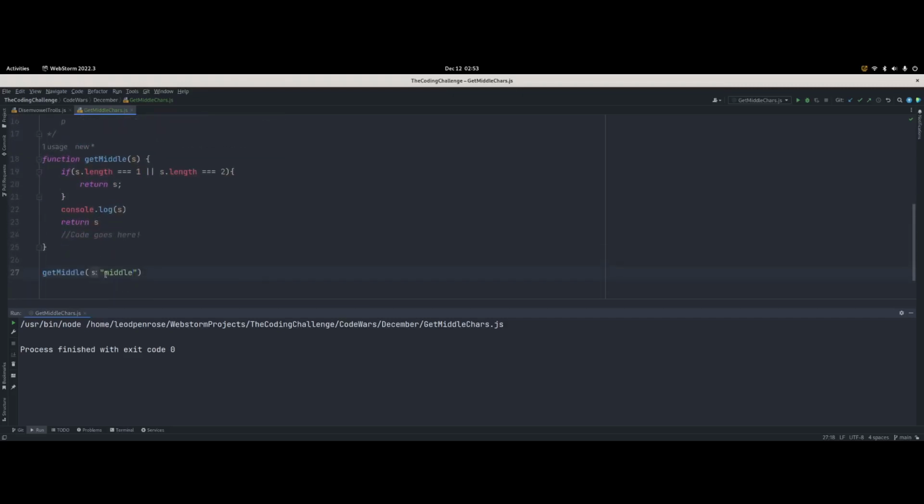So in this case, we need to check to see if the length is even or odd. In this case it is 1, 2, 3, 4, 5, 6. In this case it's even. So I said if the string is even,